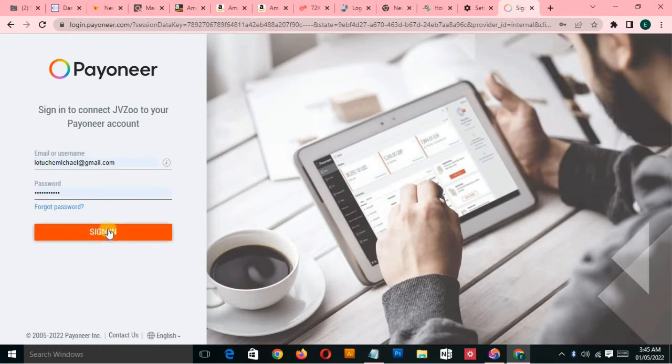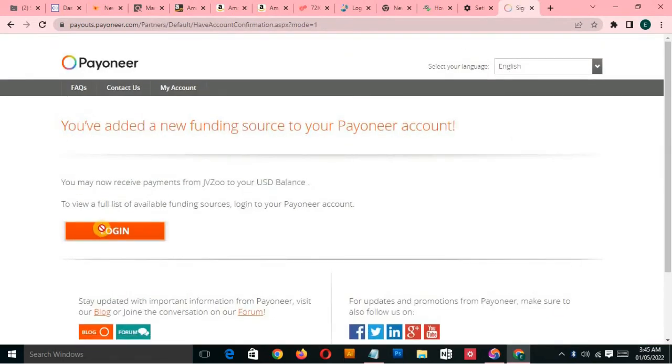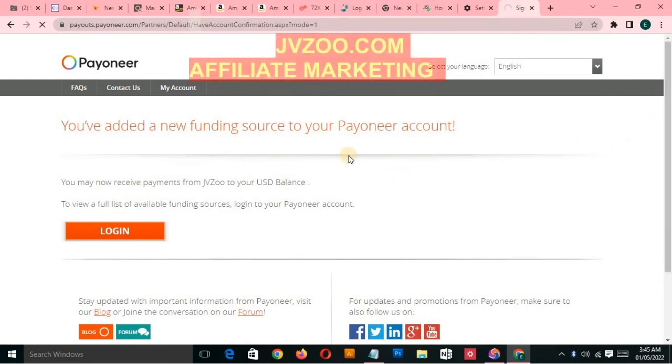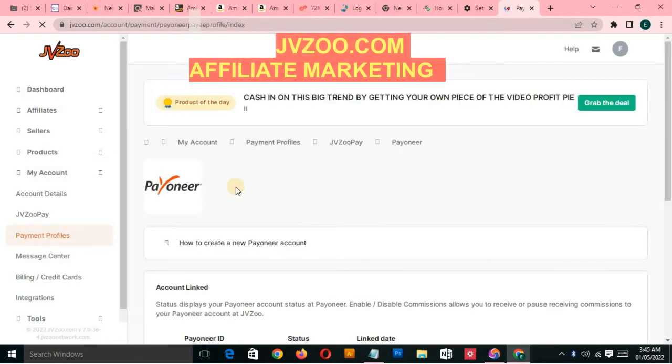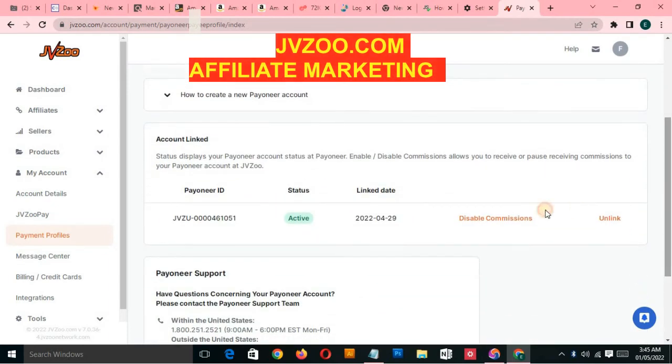So you can see this is my account details. I'm going to be linking it right now, right away. You see, you've added a new funding source to your payment account. Okay, so that is it. You can see you may now receive payment from Jvzoo. My account has been linked. Okay, you can see it's active. So once I sell on this product, on this affiliate program on Jvzoo, my money drops